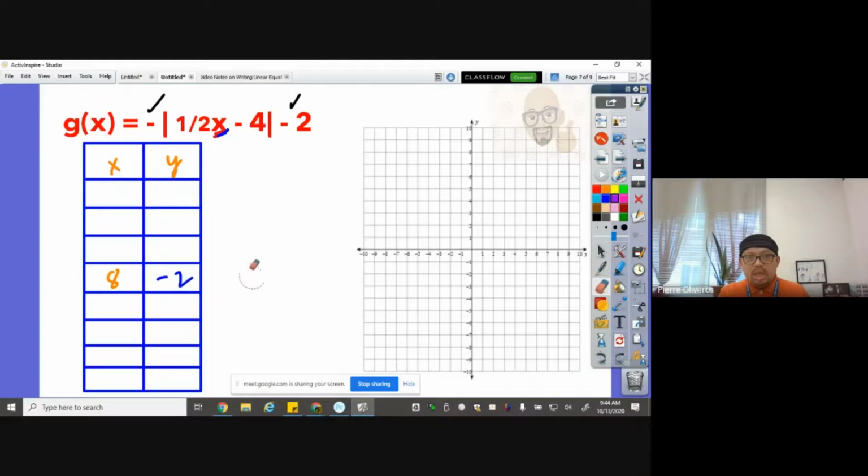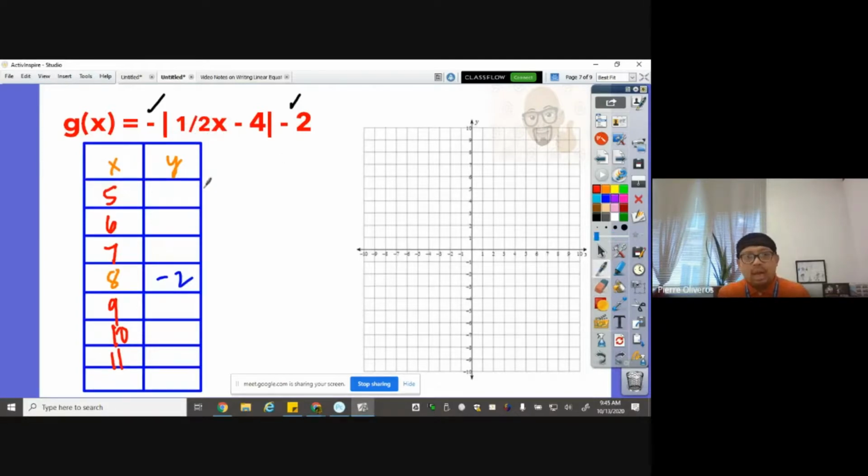Then you know that you have to get the numbers above and below 8. So I'm going to put here 7, 6, 5. And here I'm going to have 9, 10, 11. Okay, that's good. All right, so we're going to plug in. Since I have a fraction here, a 1 half,